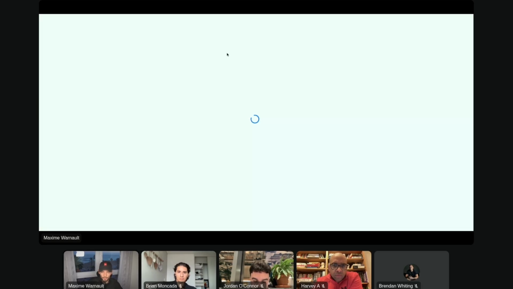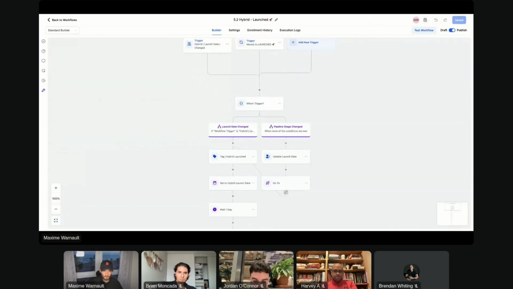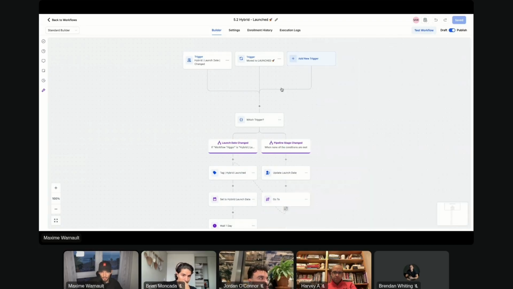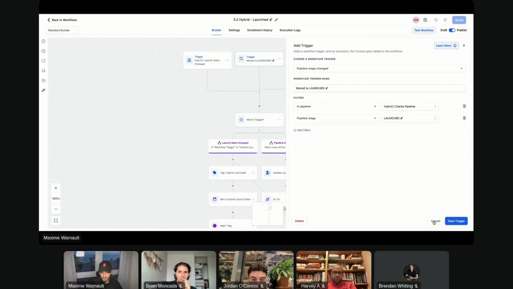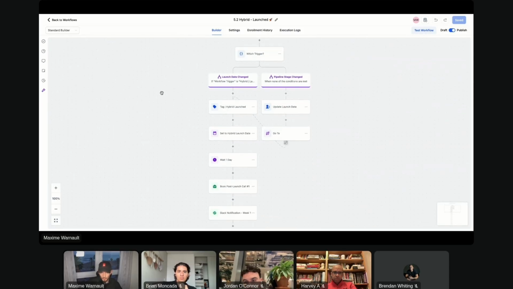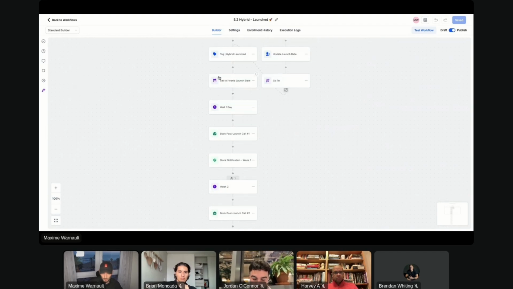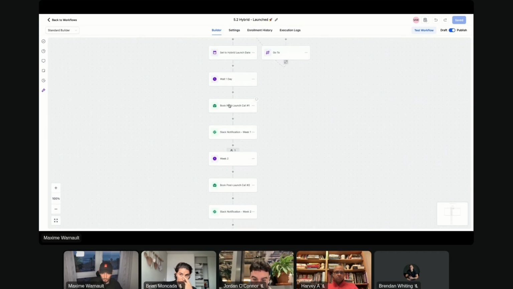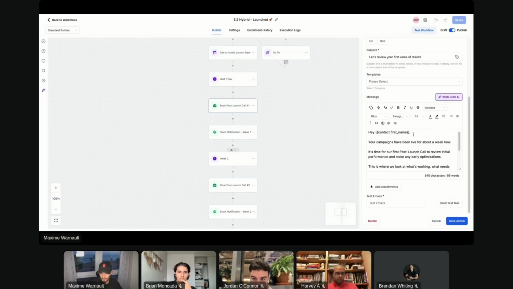Now, when we move the client in the pipeline, or when I say that the client has launched, we either change the launch date manually, going to the client contact and changing the launch date to today, or we move them to the pipeline stage launched. This is where the fulfillment process really happens. We tag them, we set the launch for today, we wait 1 day, and we send them an email immediately to book the 7-day call post launch, so we can review the results 1 week from now with them